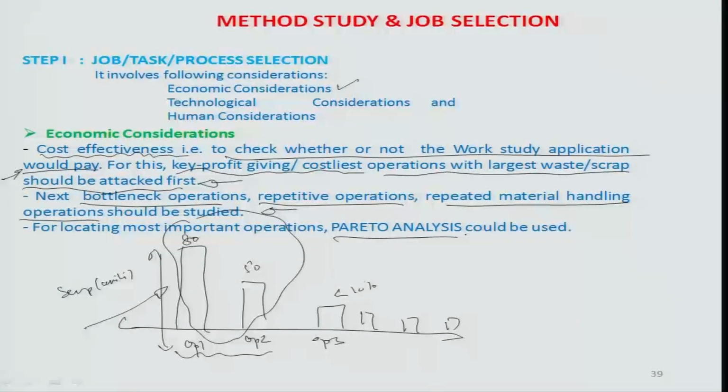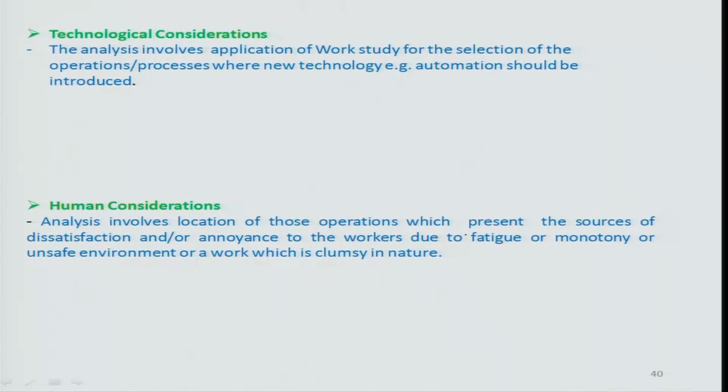So, job task selection should also be done in light of technological considerations. Which means that the analysis involves the application of work study for selection of operations and processes where new technology, for example automation, should be introduced. I already told you about something related to a coolant gun vacuuming the coolant system and filling the coolant as the vehicle proceeds. So, for example, if we were looking at an instance of, let us say, a rear axle being fitted on the underbody of a chassis of the car,